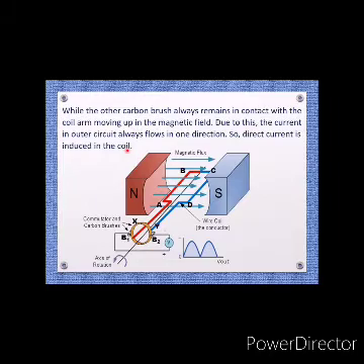In the exam, they may ask you to draw the figure of an AC generator or a DC generator. Accordingly, you should decide whether you need to have split rings or slip rings. If they have asked you to draw a DC generator, you should use split rings, that is a commutator. If they have asked you to draw an AC generator, then you should use the slip rings.